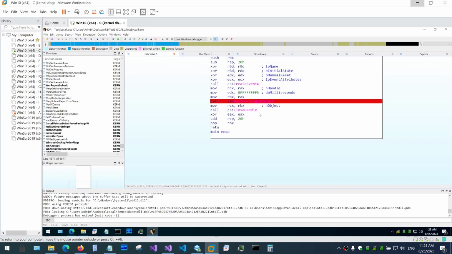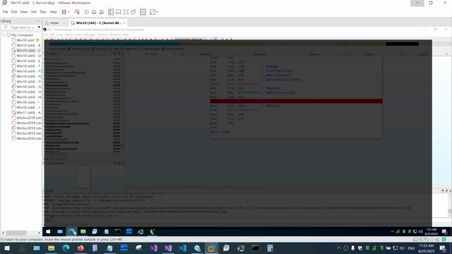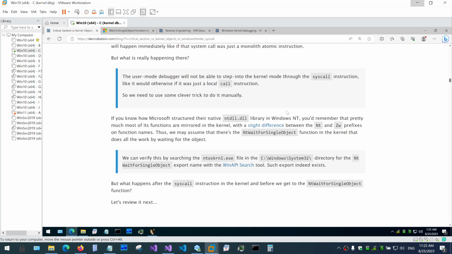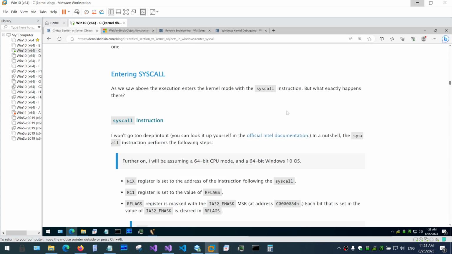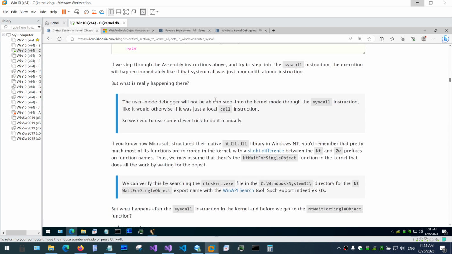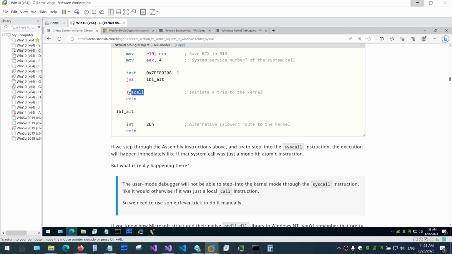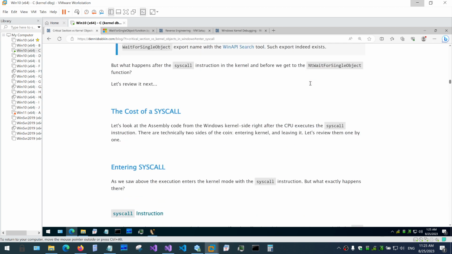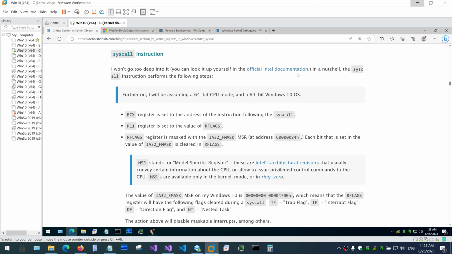And the question is, how do we get into the kernel side of the question? So if we go into my blog post, the first thing that I explained is what happens inside the syscall instruction, right? Because the syscall instruction is a CPU instruction, and if we read, again, you can go and read the Intel documentation, or you can read my synopsis here,